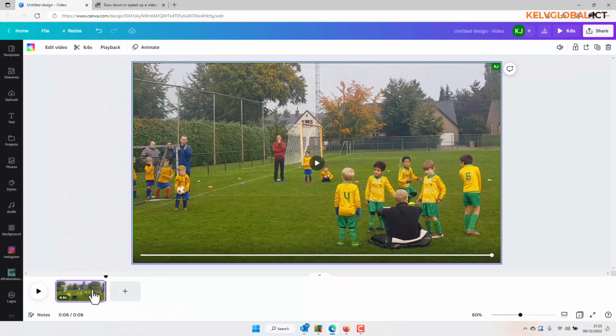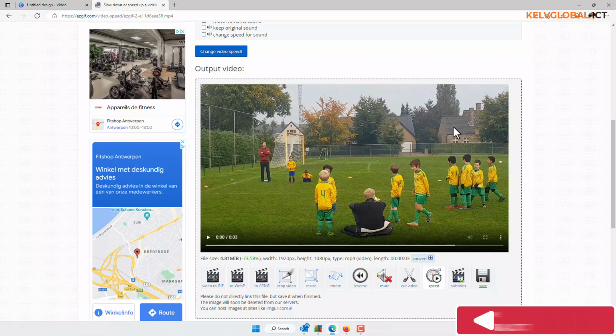You can see this is about 6.6 seconds video. So I want to actually speed up this video. How do you do that? In Canva, you don't have the tools to actually speed up a video. So what we need to do is to go to the following website. We need to go to this website called